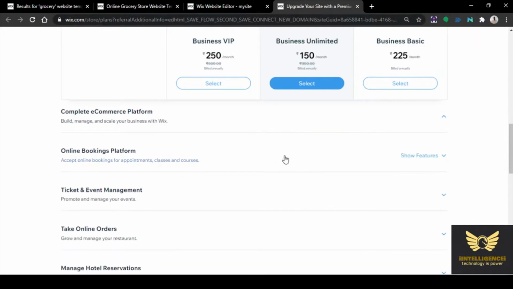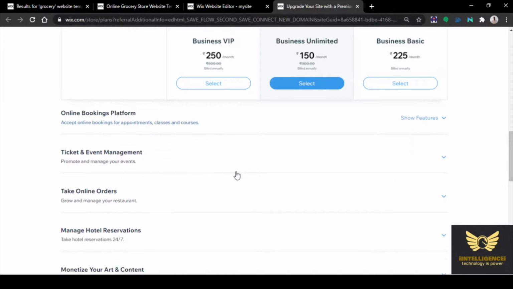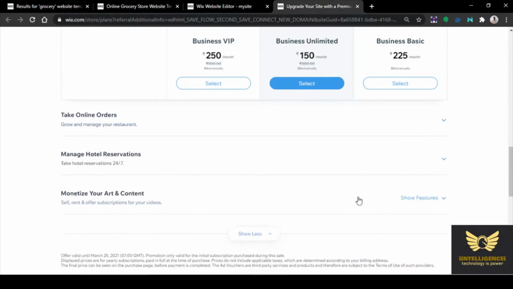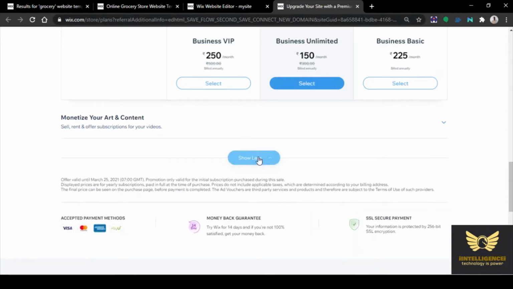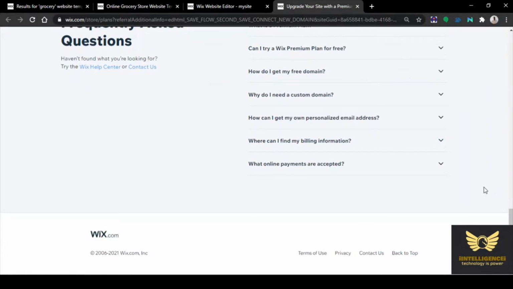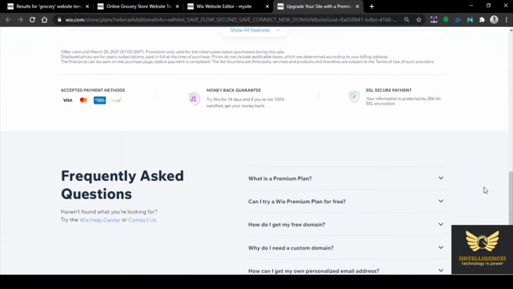So these are the features of the various plans. In all these plans it accepts online bookings. You can use credit card or debit card to purchase any product.